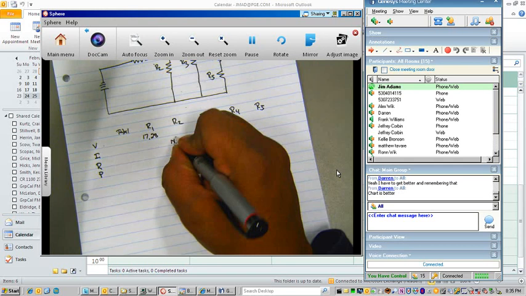Okay, number 8. Voltage across R1 is 17.28. Current through R2 is 14